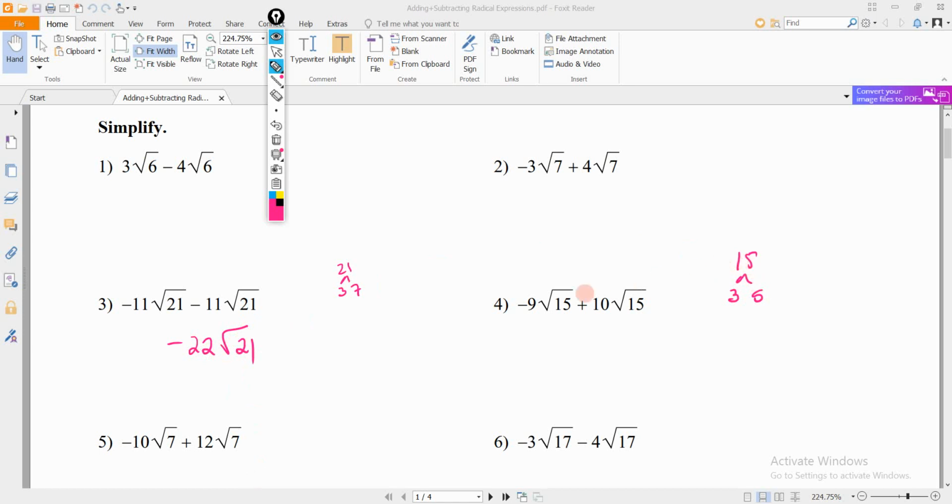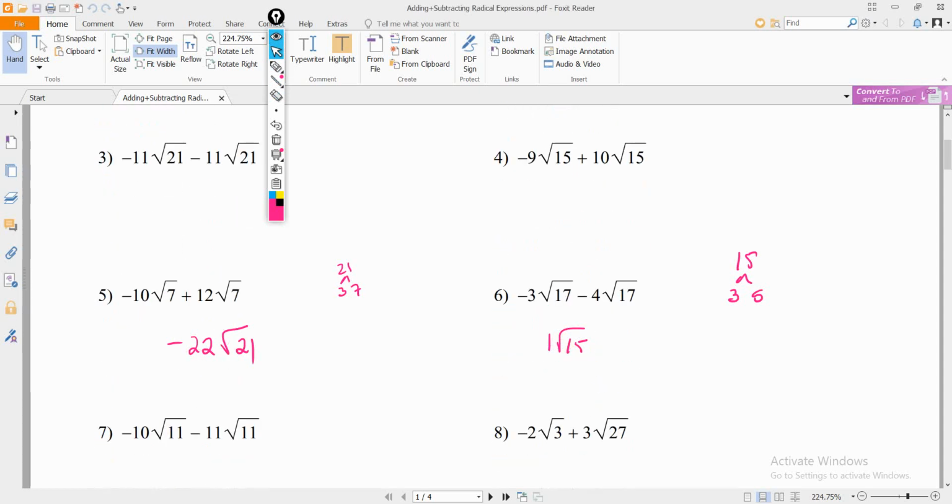15 is 3 times 5, so that's simplified. So we got -9 plus 10. That's going to be 1, and I've got radical 15. So my hope is you can see that the rest of these on this first page here are kind of like that. Let's go down to